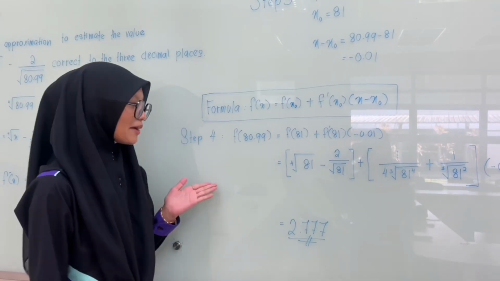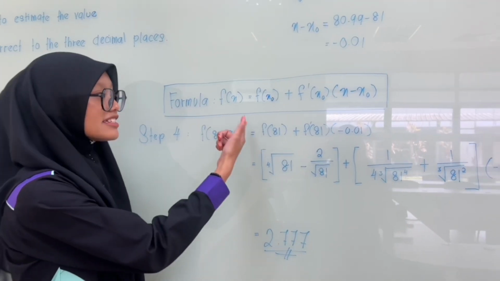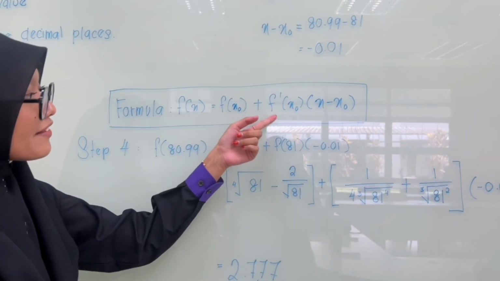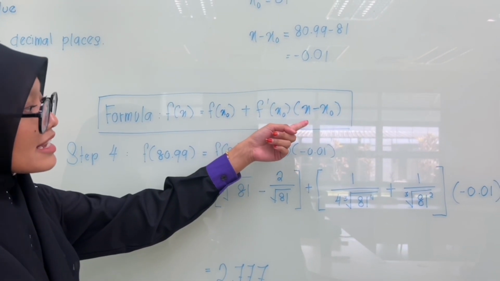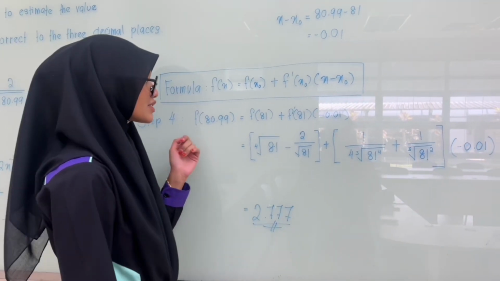Okay, for the last step, we need to apply the linear approximation formula, which is f of x equals f at x0 plus f prime at x0 multiplied by x minus x0. So the step is we need to substitute in the